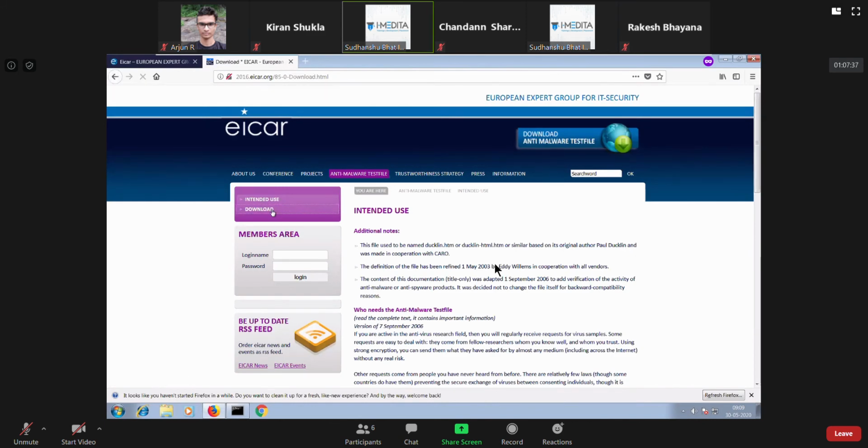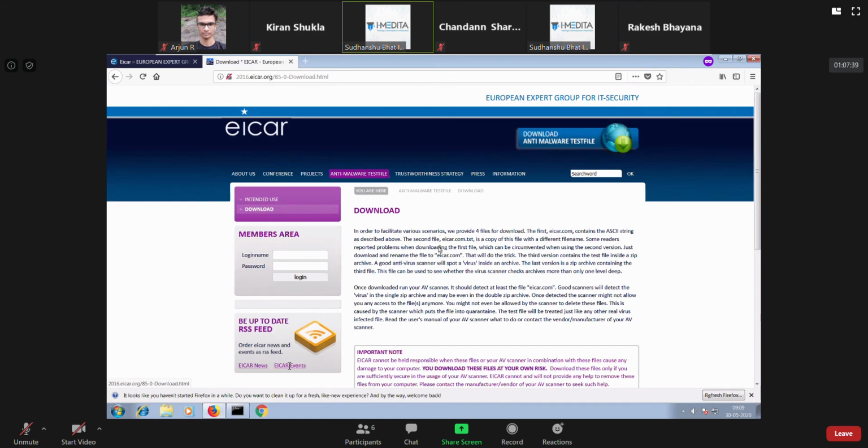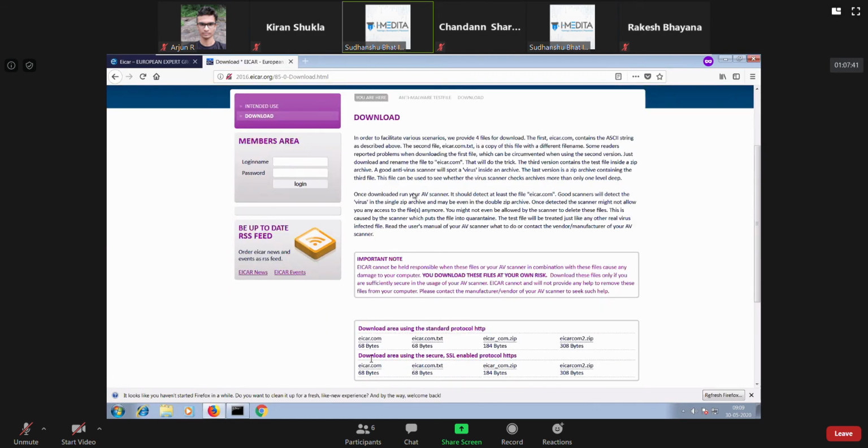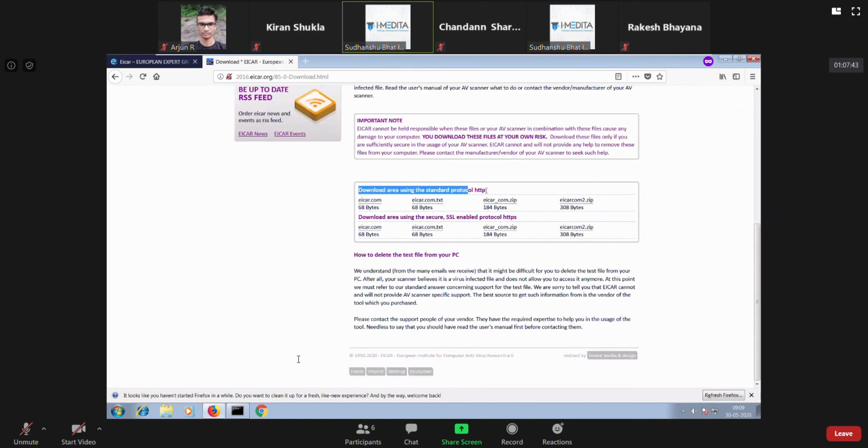If I go to download here, they have given you two options: one is using HTTP, another is using SSL and HTTPS. These are virus test files: this is in .txt format, this is in .zip format, and this is in another zip format.